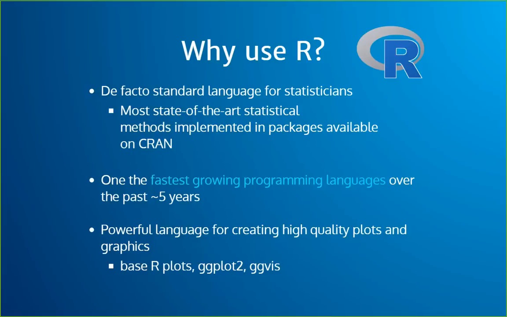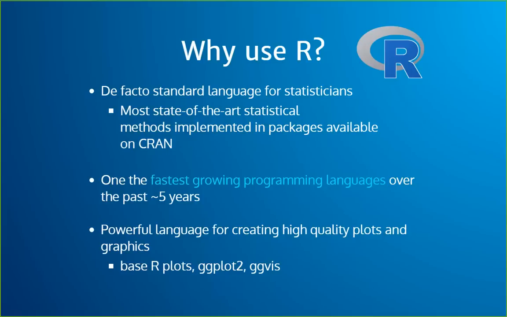R is the de facto standard language for statisticians. So if you're reading any sort of papers on new statistical methods, most state-of-the-art statistical methods have already been implemented in packages available on CRAN. So instead of having to implement them yourselves, you can go in, search this given method on CRAN, find what's going on, and also download that. And instead of having to implement it yourself, you can use somebody else's implementation, which is very useful in a